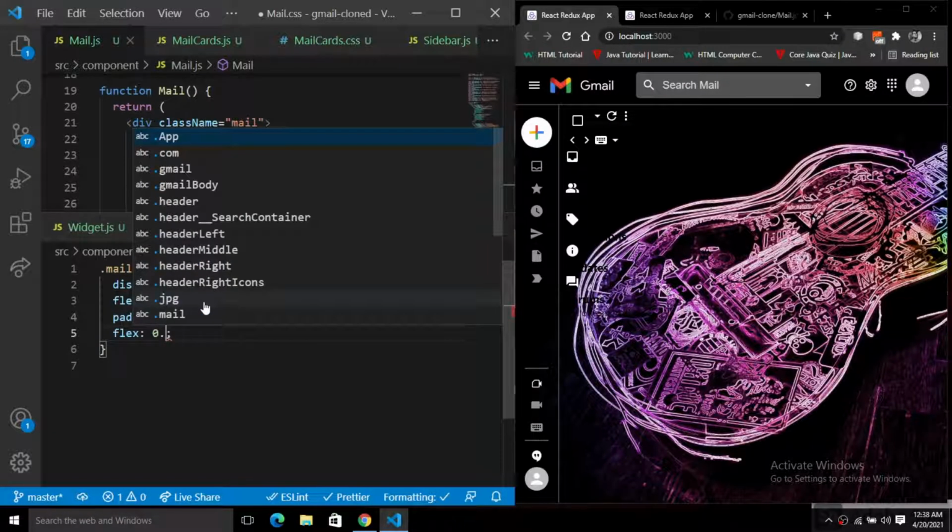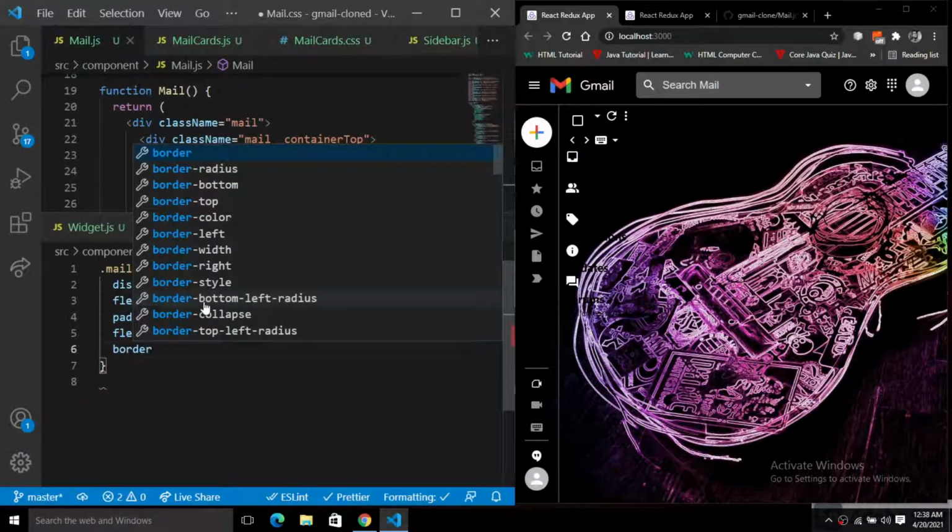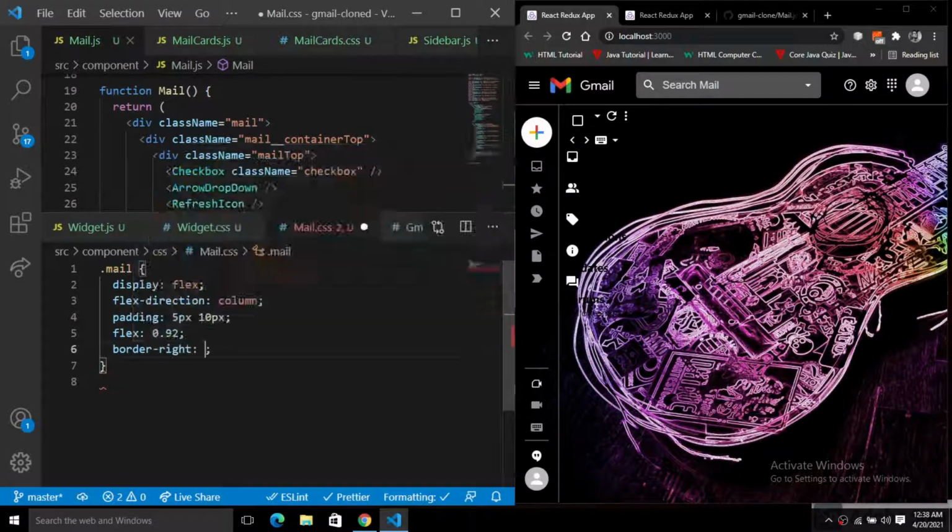Now we will use a flex of 92% of the screen size, so that's why we have given the 0.92. And just give a border right. So border right will be 2 pixel solid RGBA 989898. Now save this. This is the border right that we have given here.